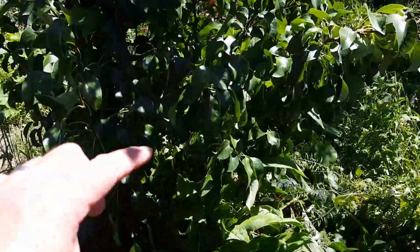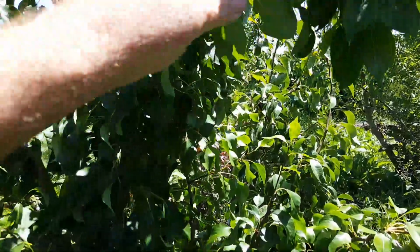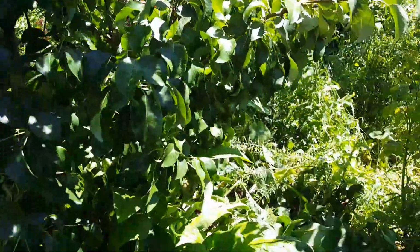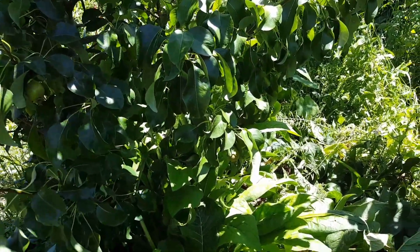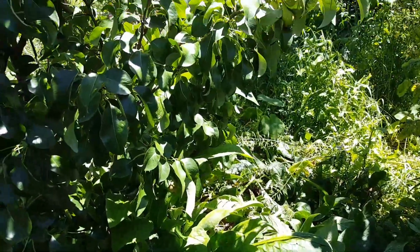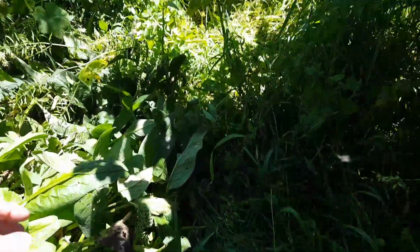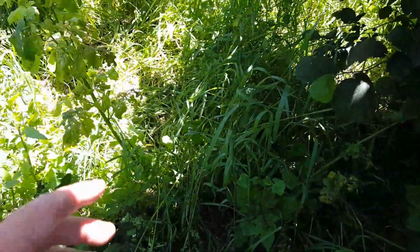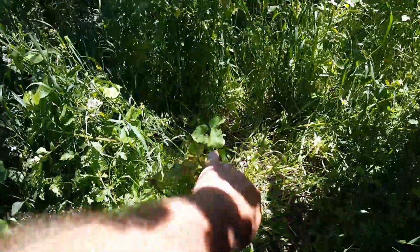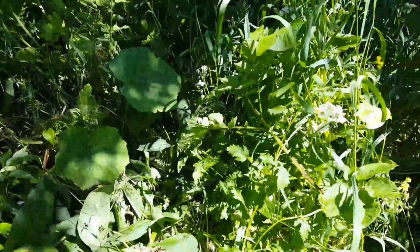So this is a pear. This is a grafted pear with two varieties on it, and it's been doing okay, but it's just starting to come into its own and really grow, I think. Around the base of it is comfrey, and we have a ton of comfrey growing everywhere around the property. But what I really wanted to show you was through this side, more potatoes obviously, but down in amongst this,